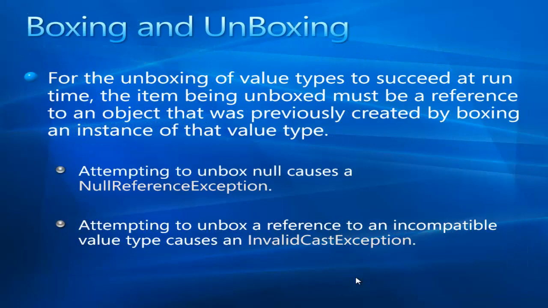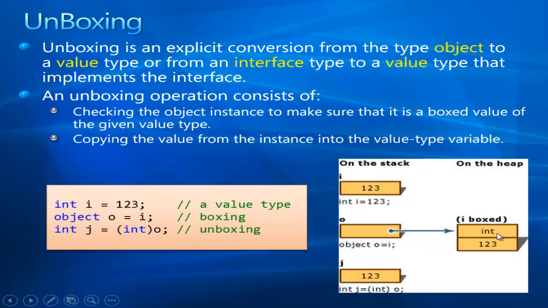However, there are a few things that you must understand. One is if you try to unbox an object that is null, unbox a reference which is null, that means it's not pointing to anything, you get a null reference exception. And if you try to unbox a mismatched data type, that is an incompatible data type, in that case you get an invalid cast exception. That means if you have boxed a float instead of an integer, and then you want to get the float back as an integer, that means what was boxed onto the heap was a float, and now you want to retrieve it as an integer, that's